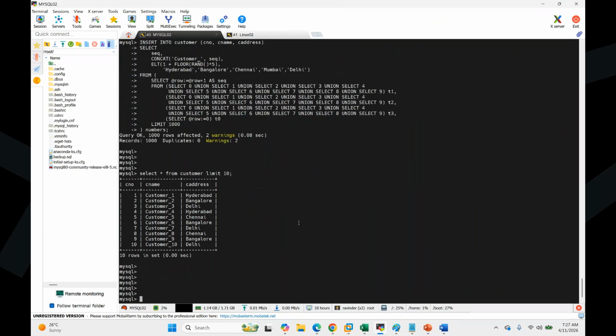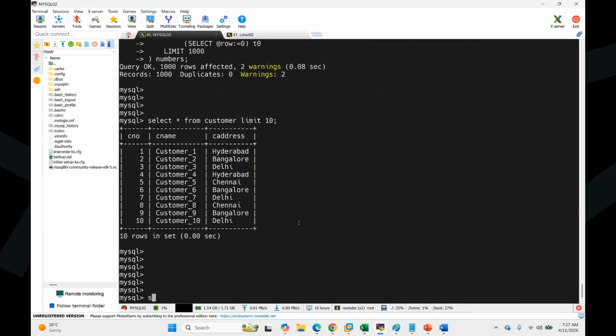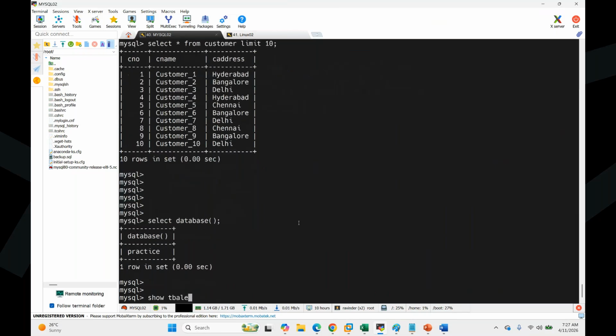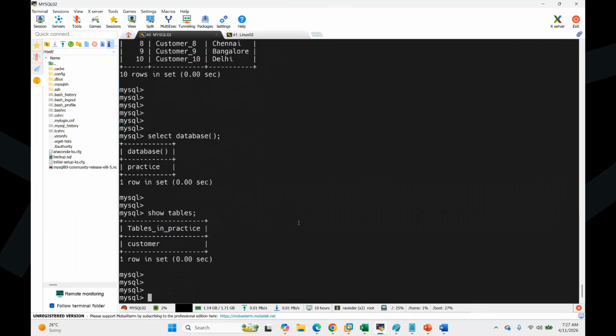So how does it support NoSQL data? Let's see. Let me make it a little bigger. Select database. What database am I connected to right now? Practice. Show tables. What tables do I have right now? Don't worry about this, I'm just giving an idea. Today everything is an idea. I'm not finishing anything at all. Everything I discuss today will be covered in our respective modules anyway. I'm just giving a gist of the technology.